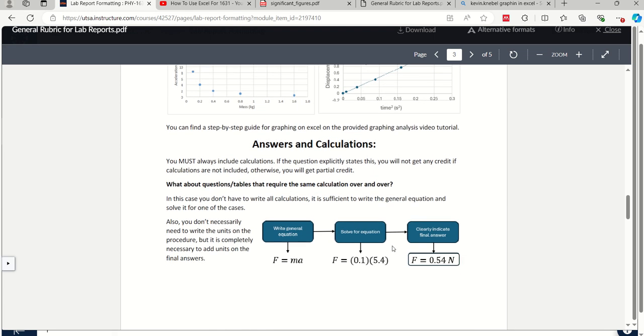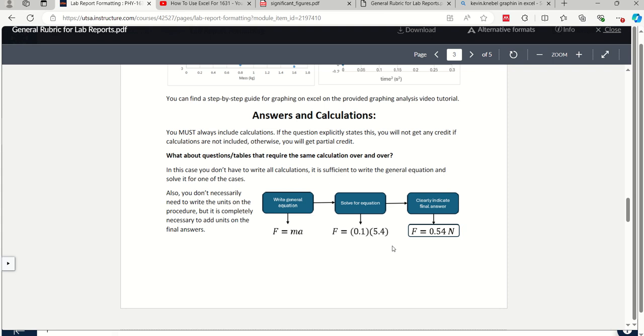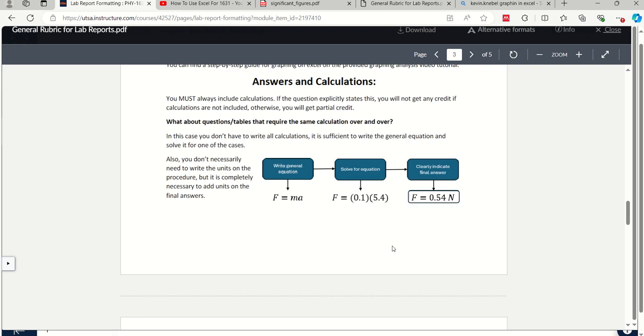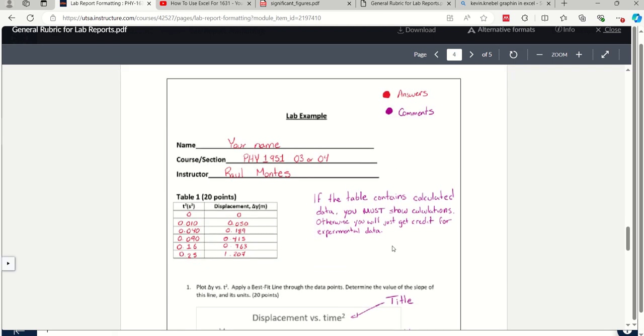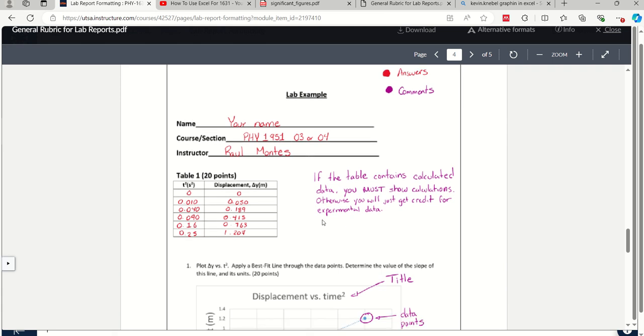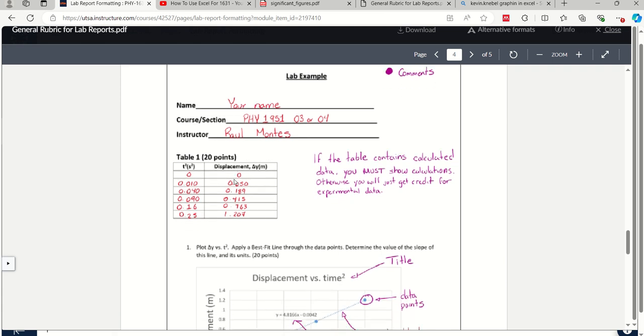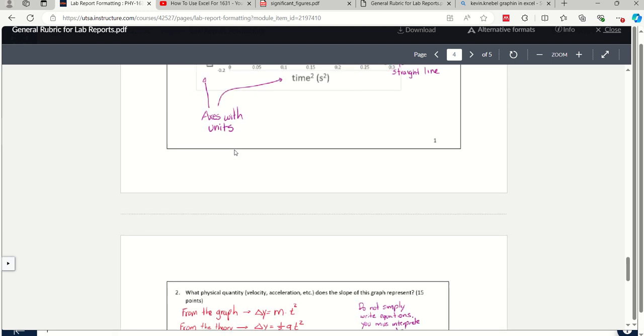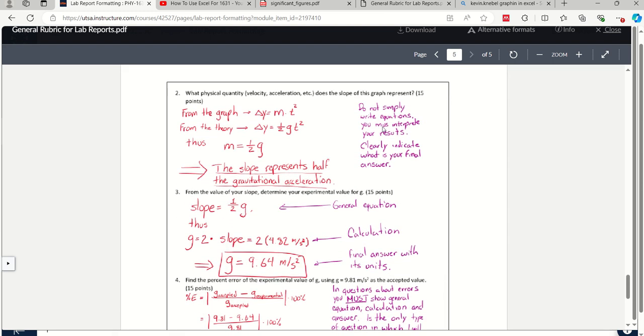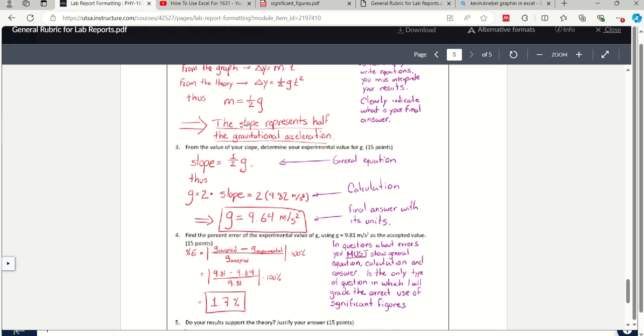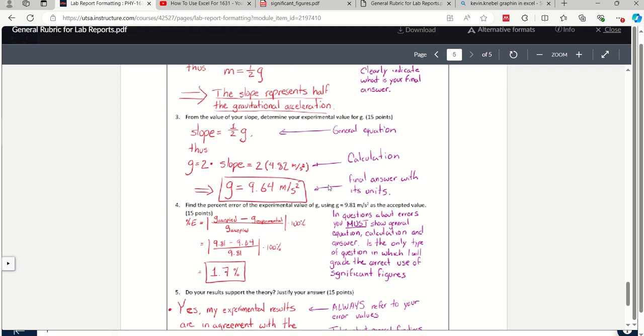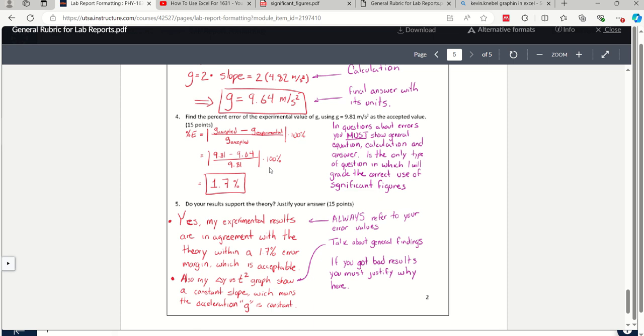And then I give you some guidelines on how to do answers and calculations. So always try to include your units and answer your answers fully. Like right here is an example of what a lab report would look like. And then it gives you some guidance on how to answer questions and things like that. So for example, when you don't simplify your equation, so write everything out fully, and then write your general equations, and then show your calculations, and then write your final answer, things like that. If you follow all these formats,